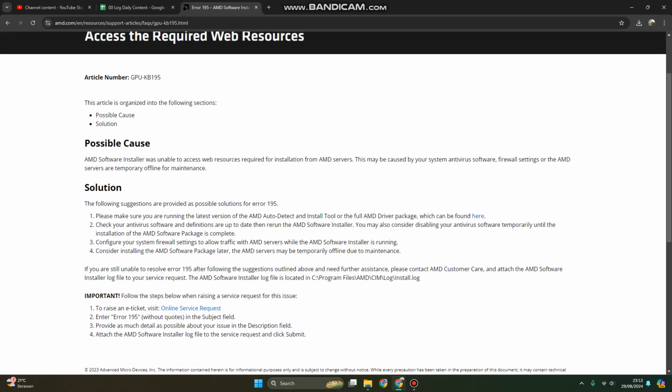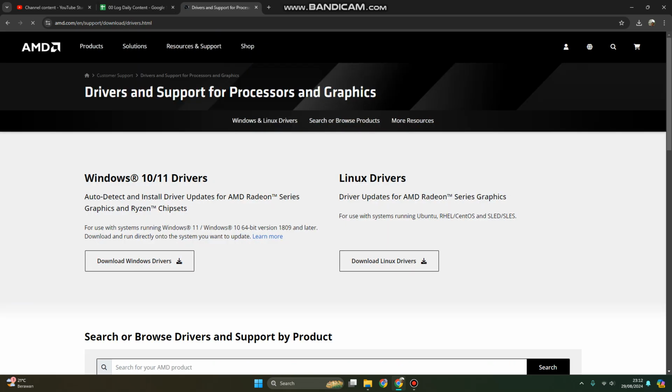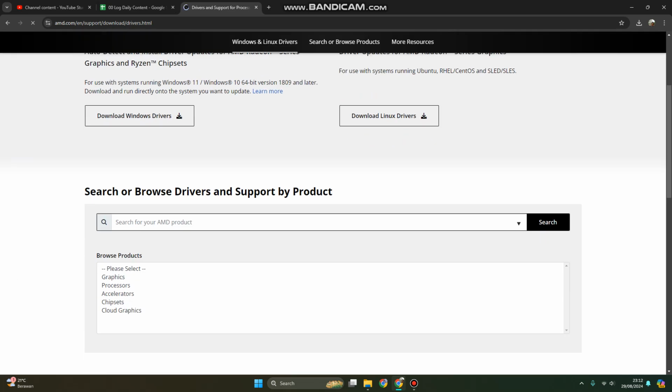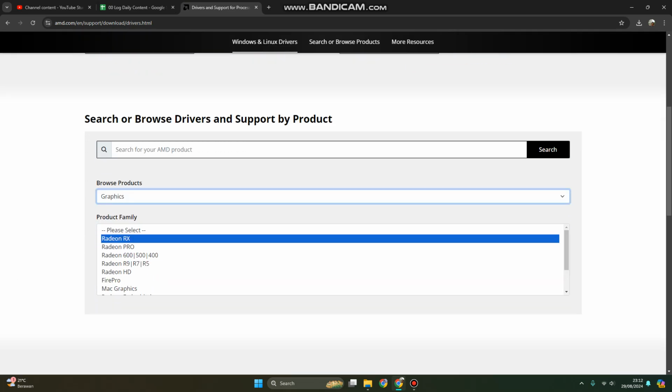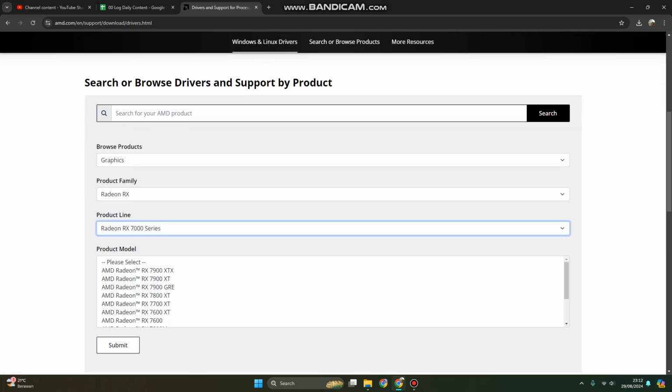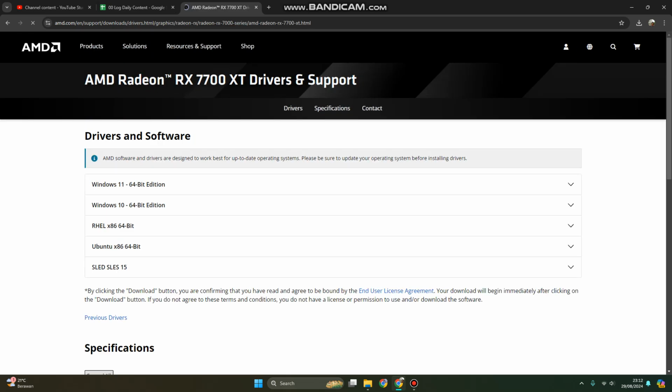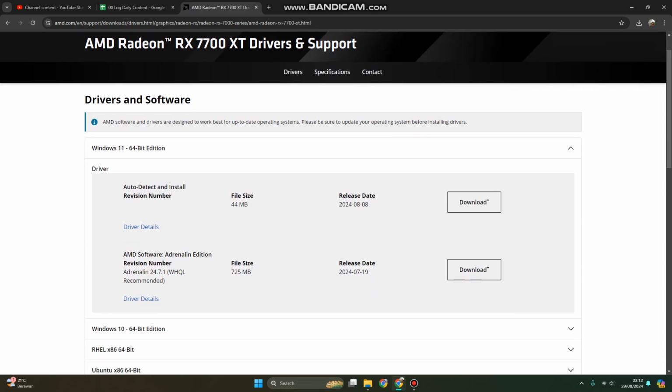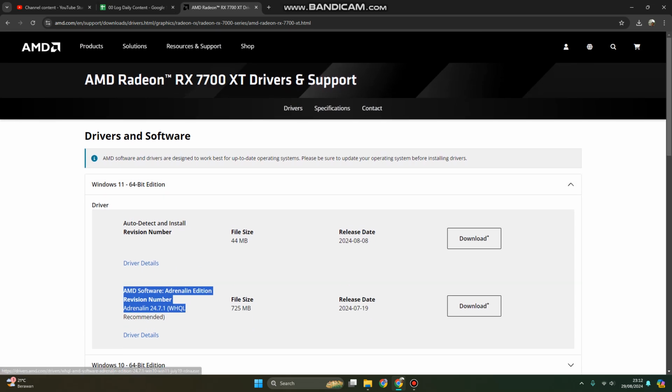And also, if you still use AMD auto detect, I recommend you to search for your driver manually per graphic, Radeon RX, for example 7000 series. Here, submit, and based on your operating system, you can download the AMD Software Adrenalin Edition package here instead of